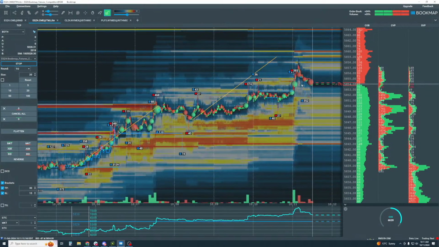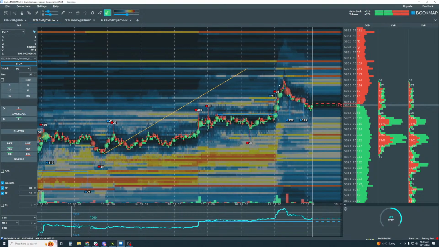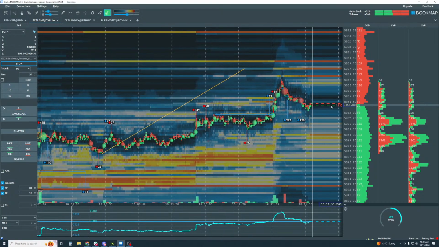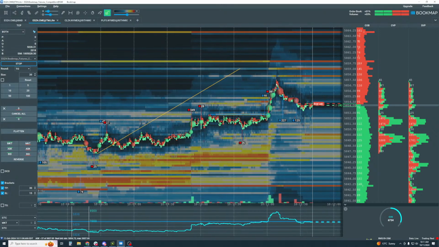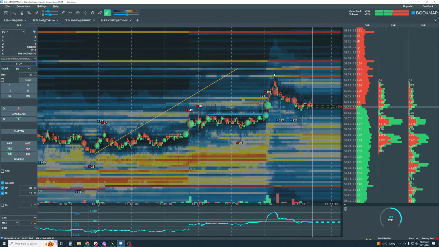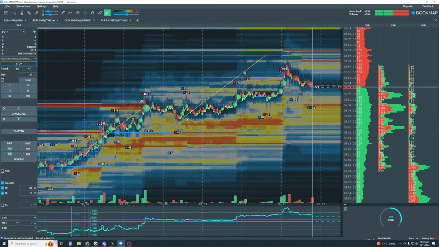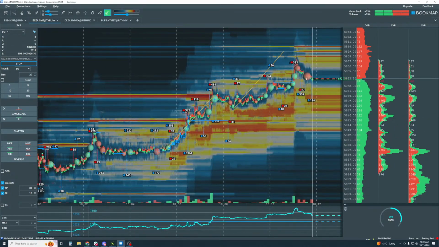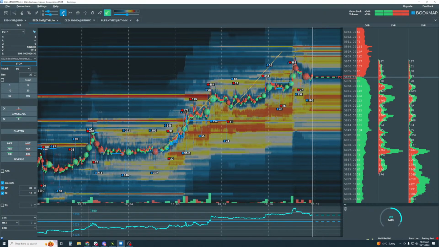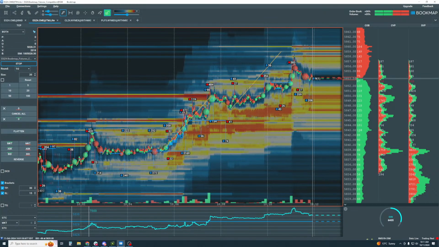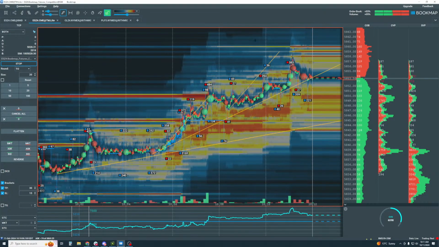All right, so this is how you can start to now read in real time and also put this into your plan. Maybe up here, consider taking some off because I don't see any demand up here. So maybe you had a good run out of this. In general, we're still bullish here until we see something different. Our trend is up, and we're still holding it.